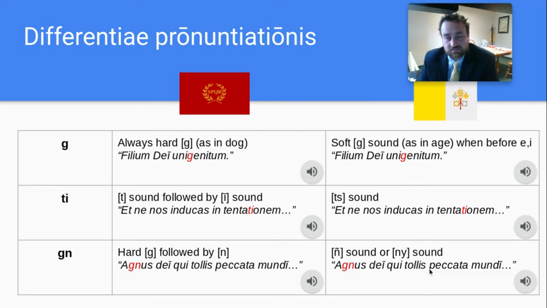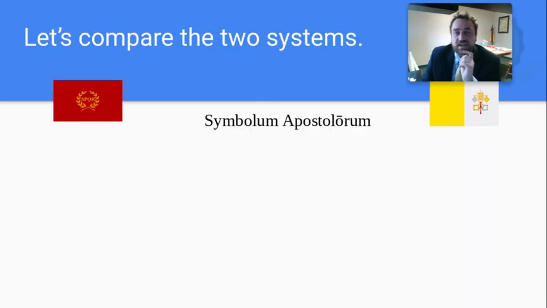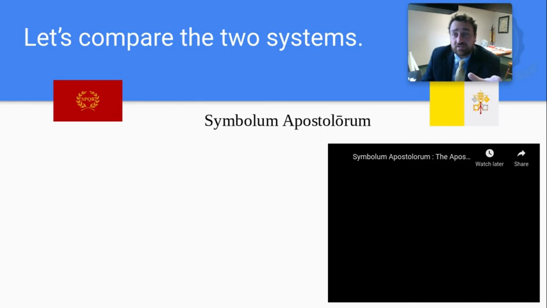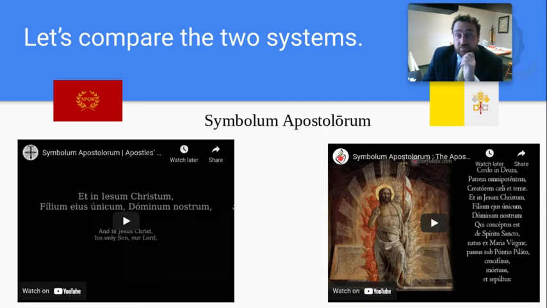Agnus Dei qui tollis peccata mundi. So notice I said "tollis" here, "tollis" here. So there were more than just the GN difference in the way that these two sentences were said. Okay, so again, play around with that as much as you need before this